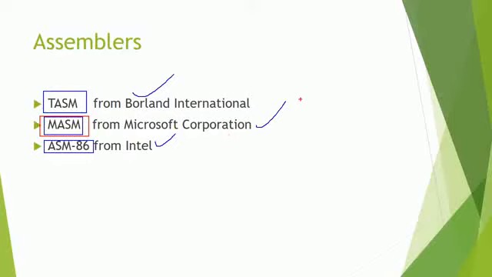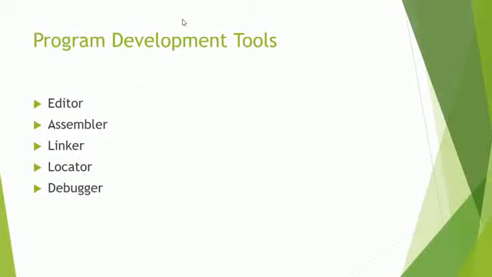Now let us go for how exactly the assembler, whatever assembler we are having, that may be the TASM or the MASM or the ASM, how exactly that assembler is going to execute your program is a question. Okay, so what are the parts which are participating in your assembler to execute your program is a question. That is called program development tools. What are the tools which are there in your assembler and how those tools are used by the assembler to execute your program successfully.